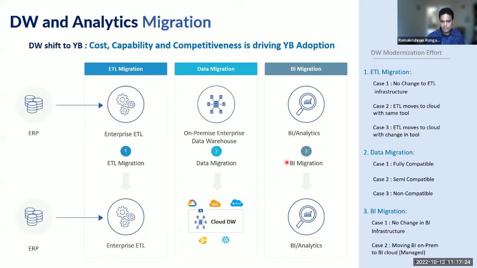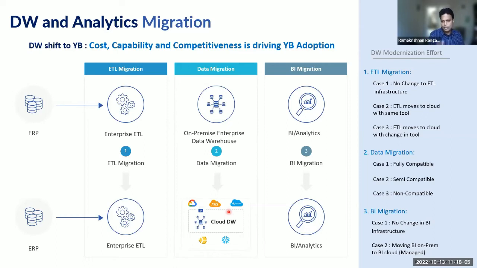So what does modernization really mean? In the next few slides, I wanted to define modernization at a much more granular level, and how enterprises are approaching this modernization. And as Yusuf talked about, I want to highlight how Systech can help accelerate that modernization effort. And then we will end by looking at one of the use cases that we worked on with one of our manufacturing customers.